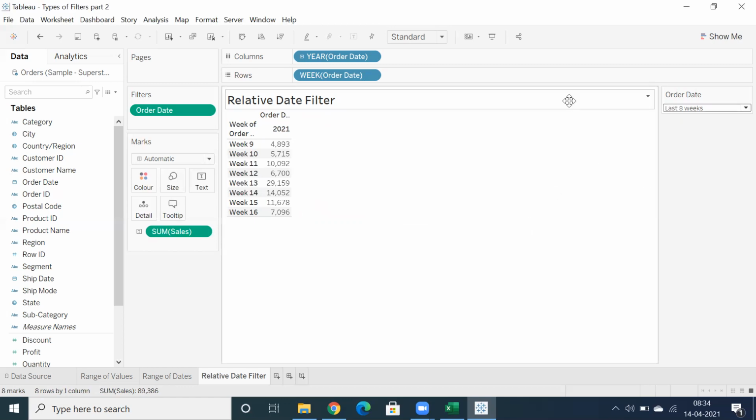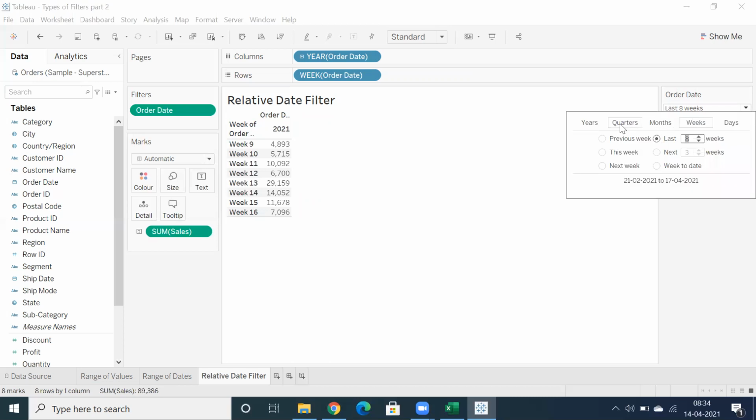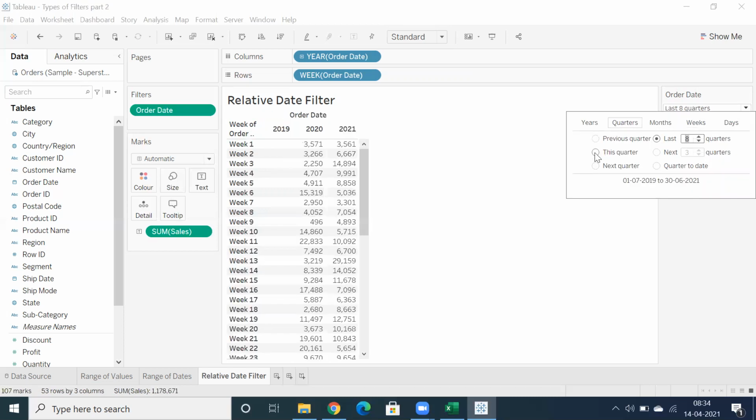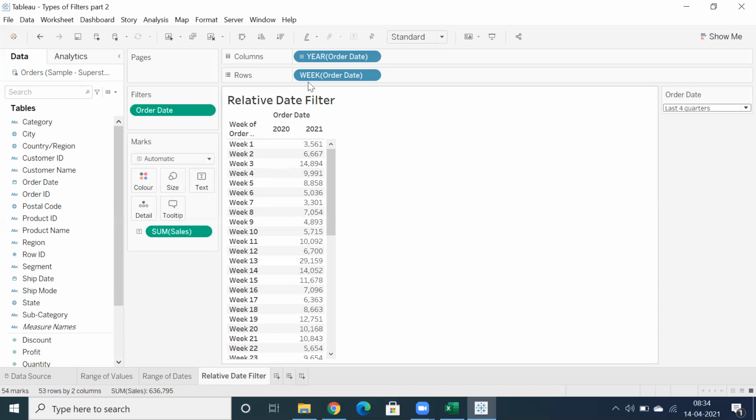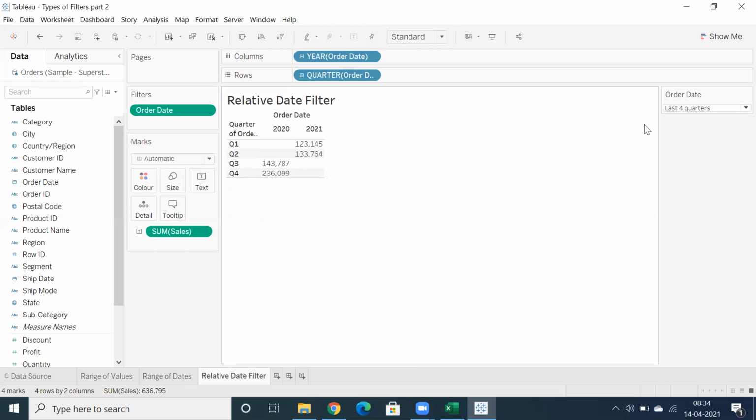This is week level. If you are going to showcase, let's bring down the number, 4 quarters of data. Now, why don't you showcase across quarter level? How many quarters are you able to see? So last 4 quarters, you can see here, we are in Q2, right? You understand? We are in April, which comes under Q2. So we are able to display this year 2 quarters, Q1 and Q2, and previous year 2 quarters. That's the last 4 quarters of data.